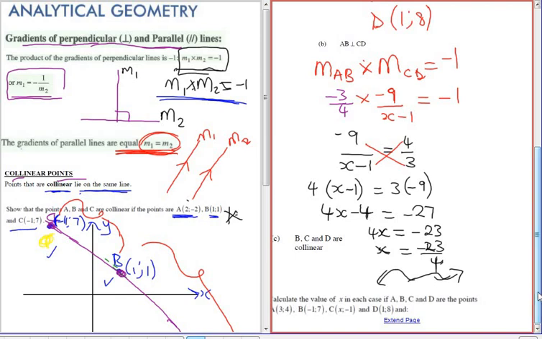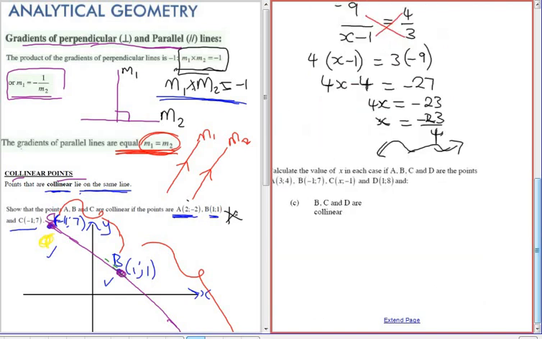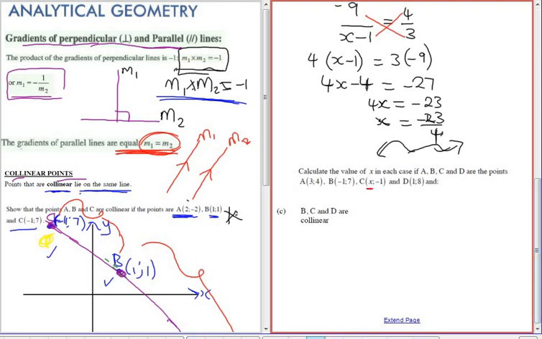Okay, so here is what I want us to do. I want us to get B, C, and D. We want to get the value of x, rather. We want to get this value here. If B, C, and D are collinear, from what we talked about, if these 3 points are collinear, B, C,